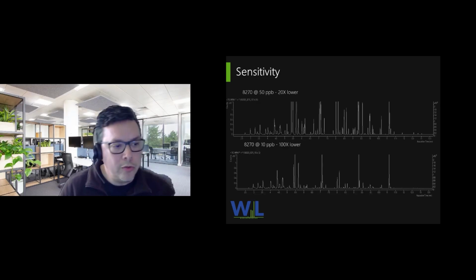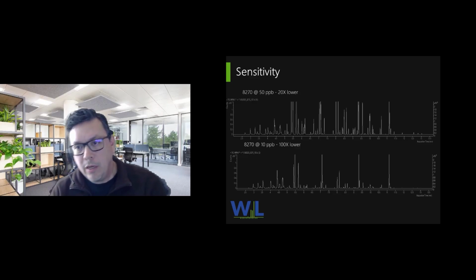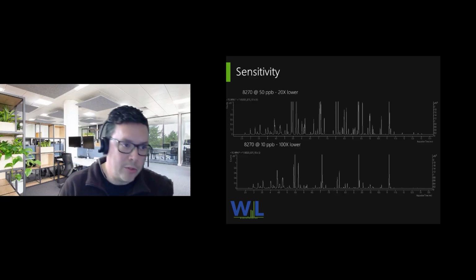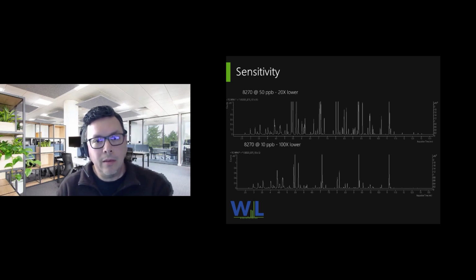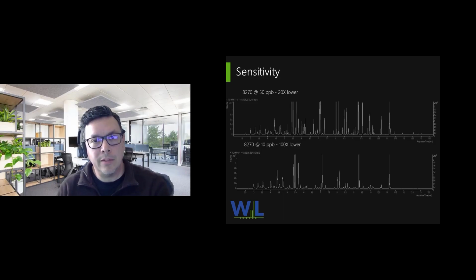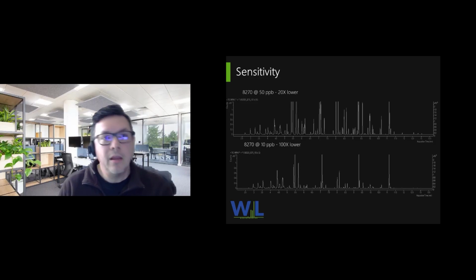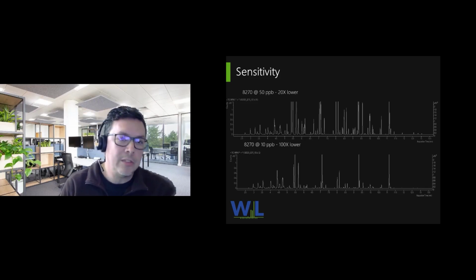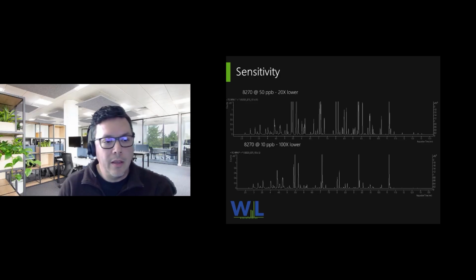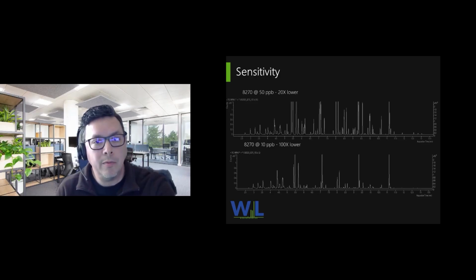And to circle back to the DCM band, we would need to use less methylene chloride, but we would also need to decrease the sample mass, or the mass that we're using. Using the column, having the ability to see 20 times lower, 100 times lower, really opens up a lot of opportunities, a lot of things that we could do, and methods that we could analyze at a lower level.